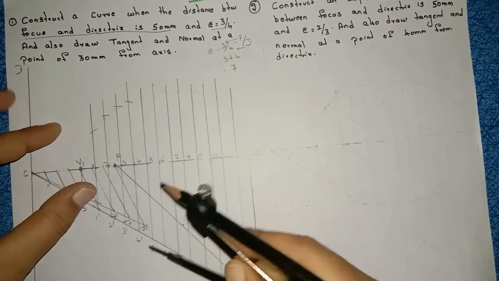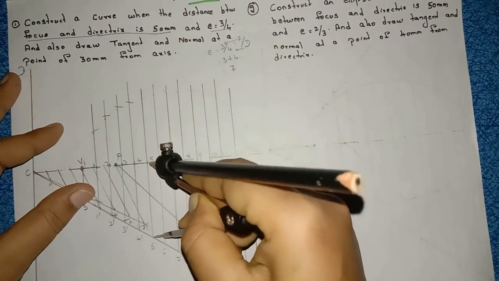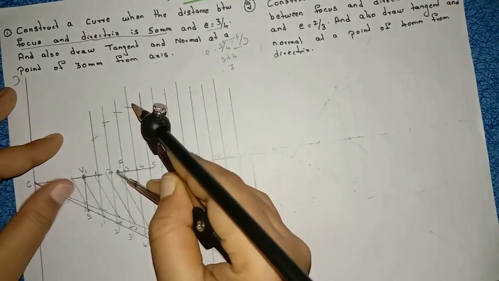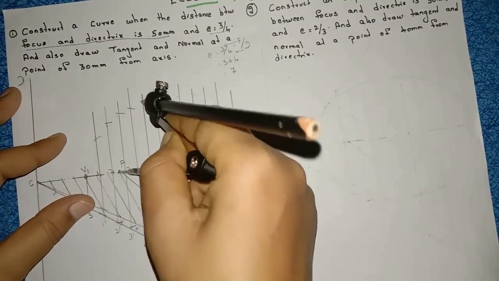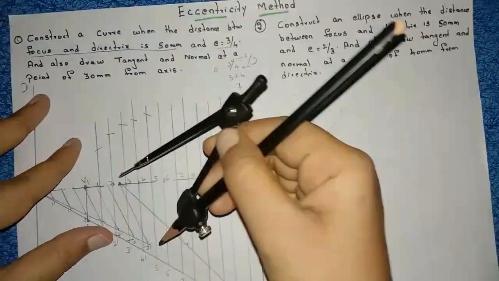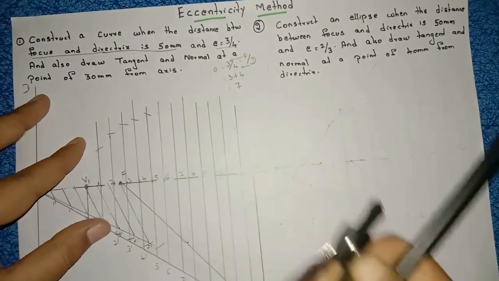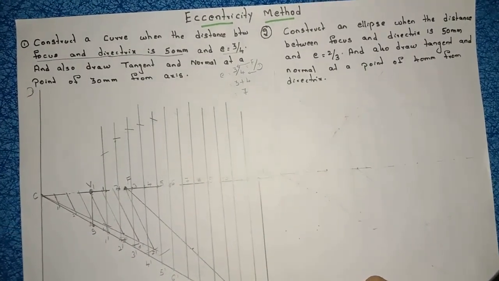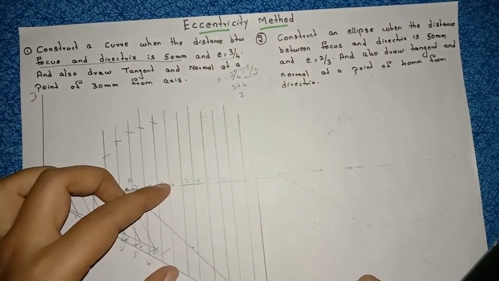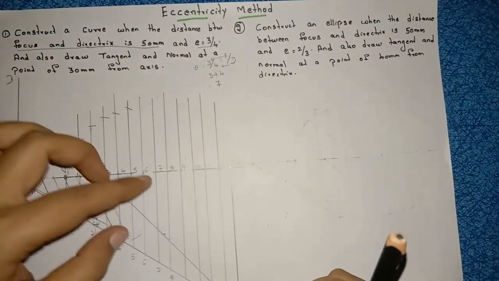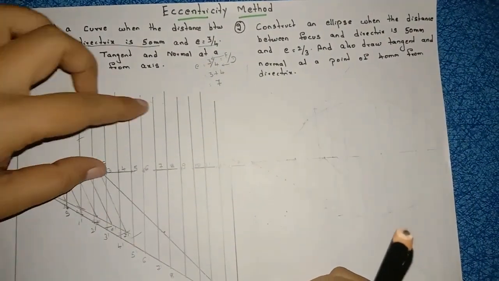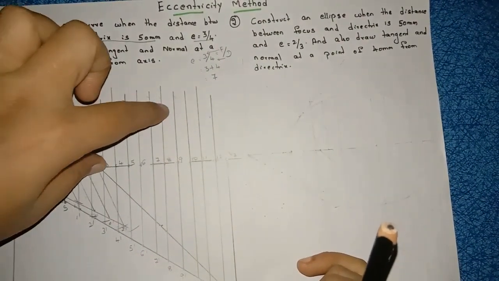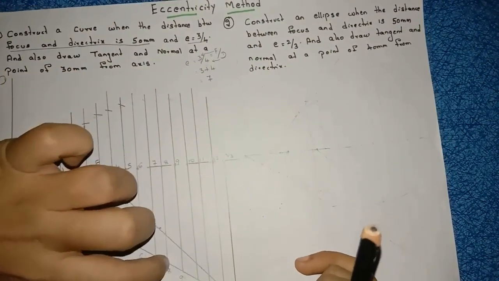Right, same from 5 dash, I am taking the distance 5, 5 dash. Again F as center, I am drawing the arc on the 5th line above and below. See, the 5th arc above and below on the 5th line. Right, like that. 6, 6 dash as radius, F as center. 7, 7 dash as radius, F as center. 8, 8 dash as radius, F as center. You have to cut the arc on the 8th line above and below.